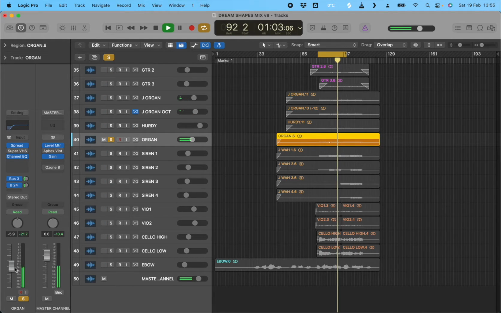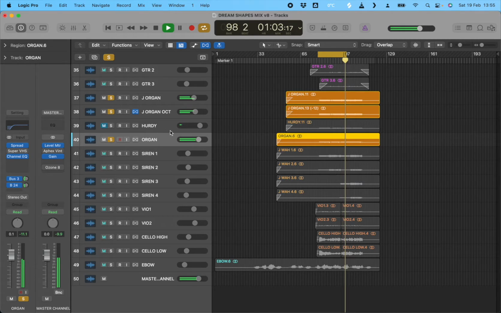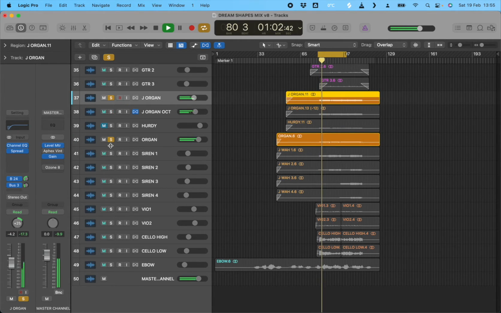So I've got a different sounding organ here. See how rich and full that sounds? This is my synth organ. See how they all complement each other in their own space? I mean,